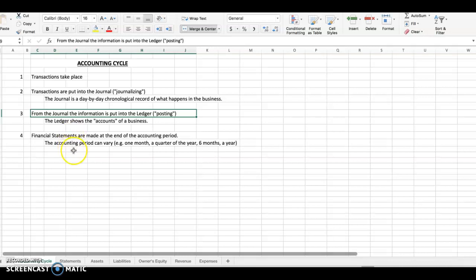The word posting means taking information from one book and putting it into another book, in this case into the ledger. The ledger is not a day-by-day record, it's rather a book. If it's an actual book, it would be consisting of a number of pages, each page representing what we call an account. Let's take a look at